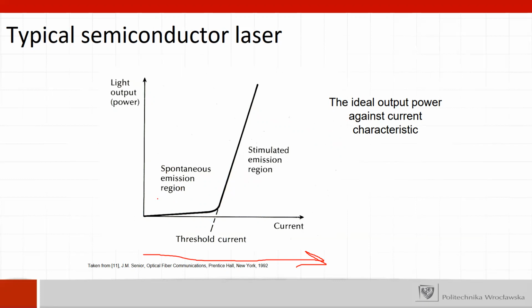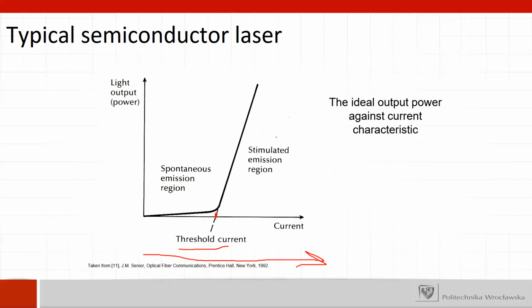We excite the electroluminescence, we have recombination, we have emission of spontaneous photons, but still we don't have stimulated emission. But when we exceed a specific value, which is called the threshold current, then suddenly we increase the